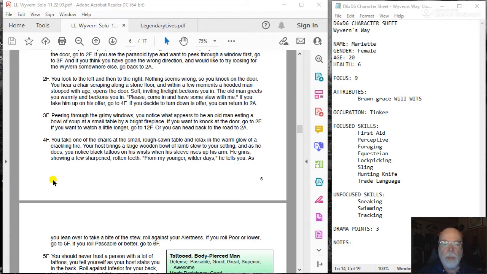All right, alertness. That's where the perceptive comes in. Passable or better. Passable sounds like just a regular success. So